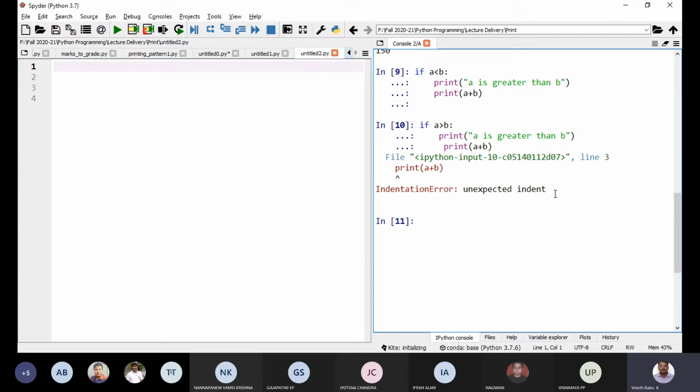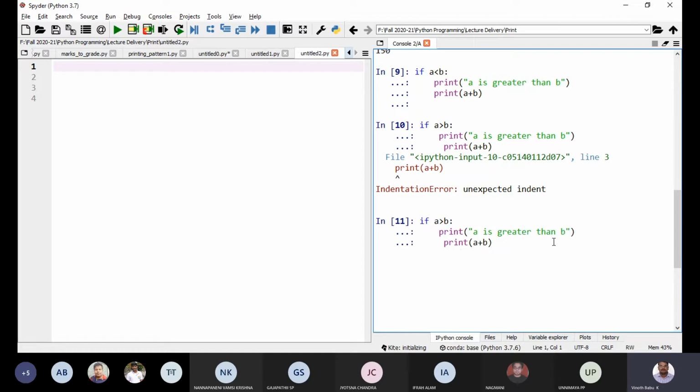So it is very important to maintain the indentation. By default, if you are using Spyder, that indentation will automatically come. So you have to check whether indentation is required or not.